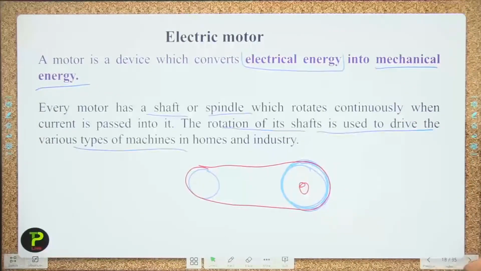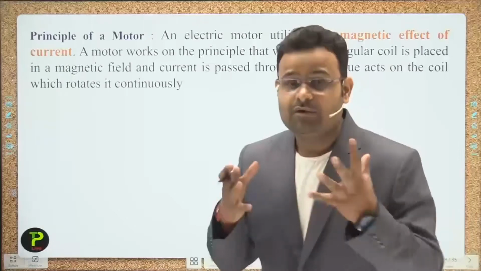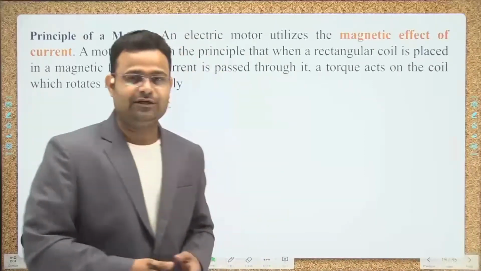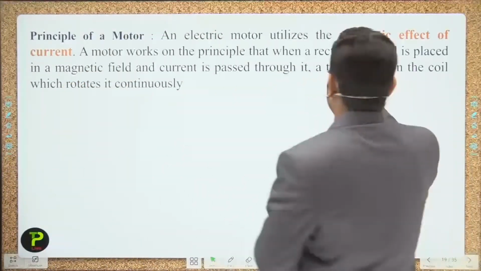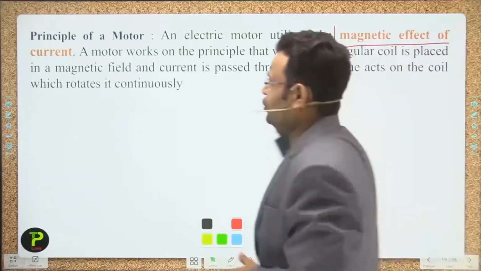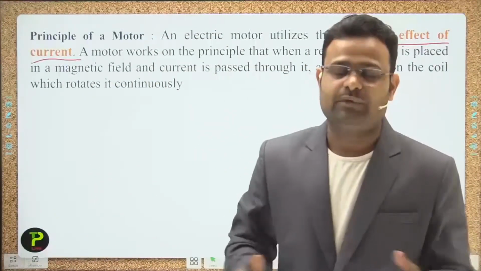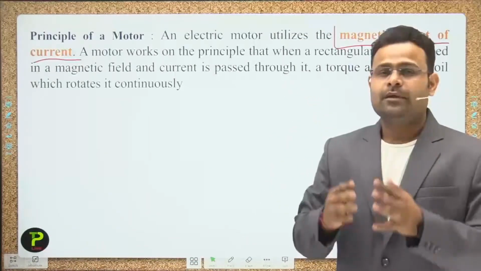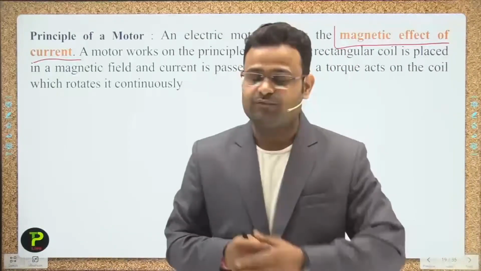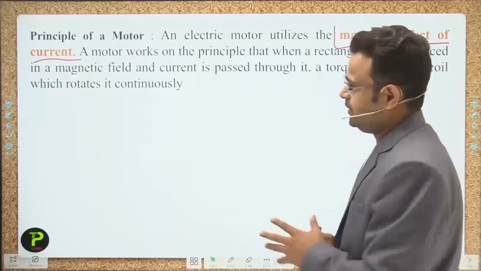Okay guys, now let's point out the working principle of that motor. How does a motor work, and what is the principle behind that? All questions are given, all answers are available, in a single line: it works on the magnetic effect of current. What do you mean by the magnetic effect of current? It means whenever you provide current to any coil, at that time mechanical energy applies some forces and rotates the coil also. So that is the magnetic effect of current. Okay guys, now